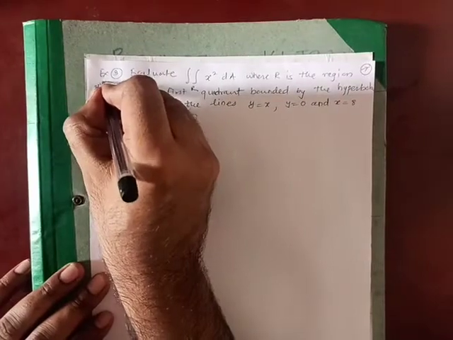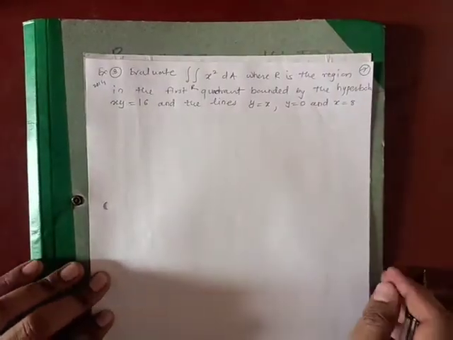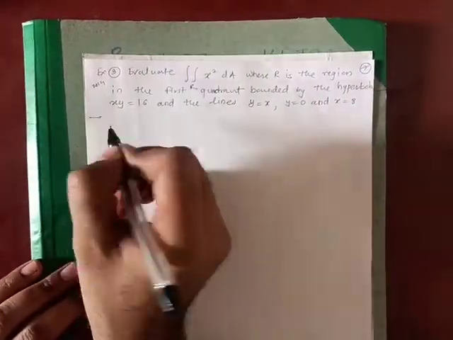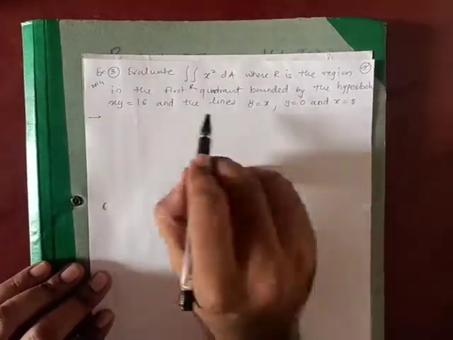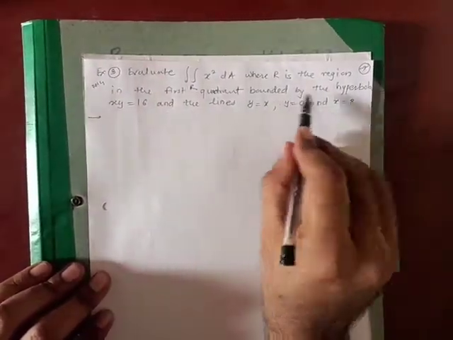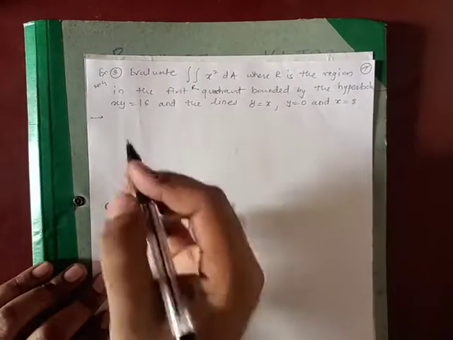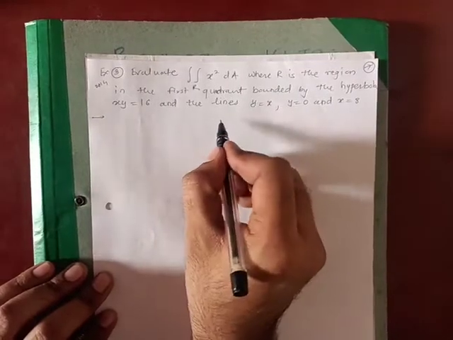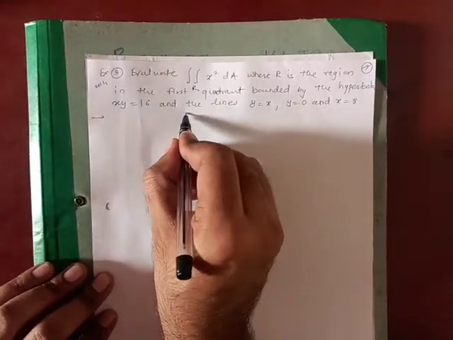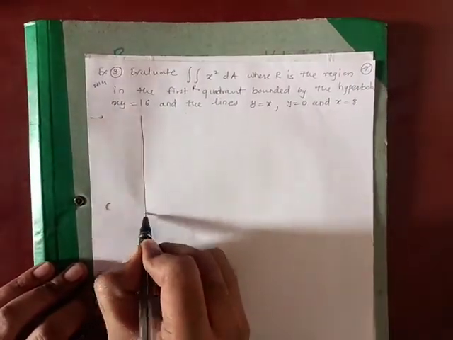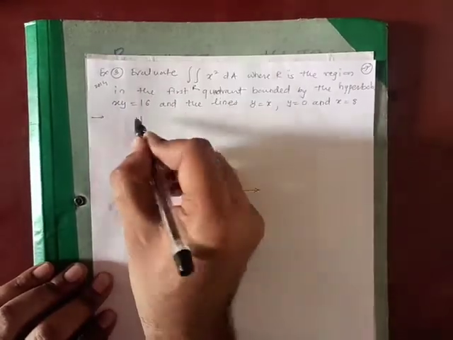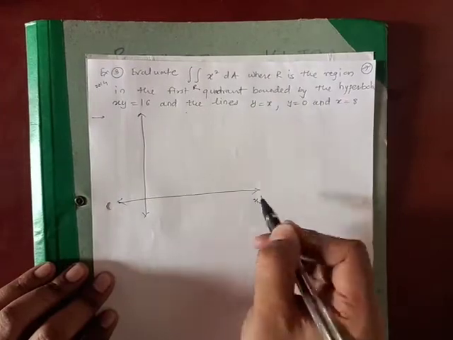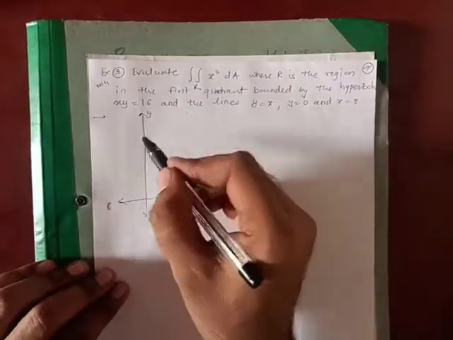This was asked in the 2014 examination. Now this is a very interesting example. Let us first of all draw these areas. First of all we'll draw these three curves. This is your xy coordinate system. y is equal to x obviously